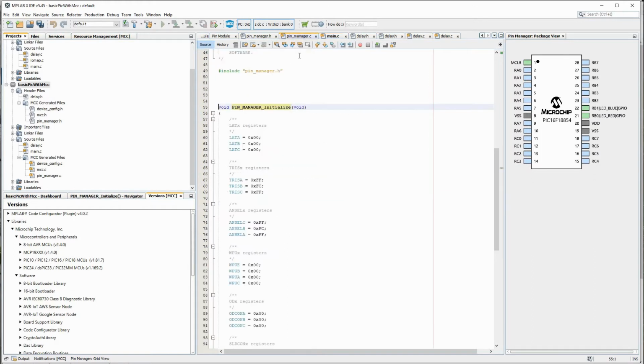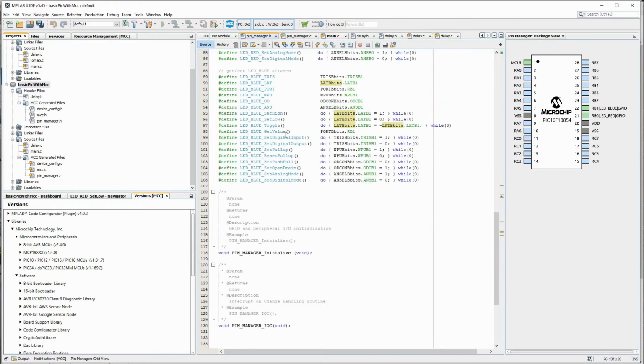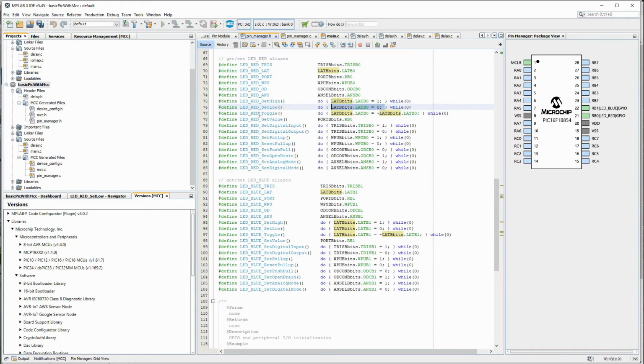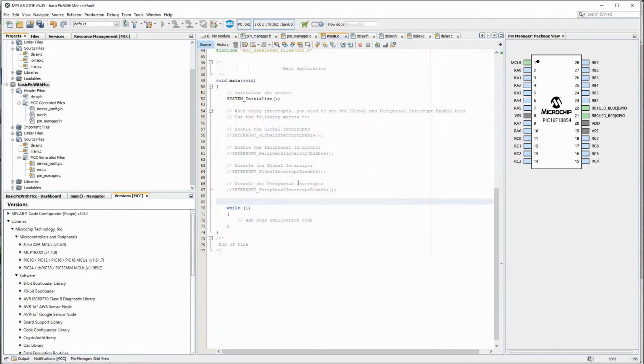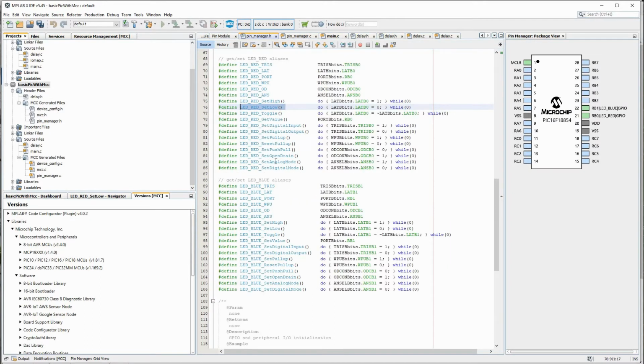If you go to pin manager.h, to make them low, red one, set high or set low. I'll go low. Then blue also set low.